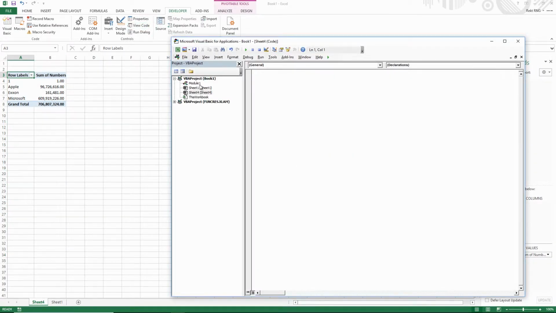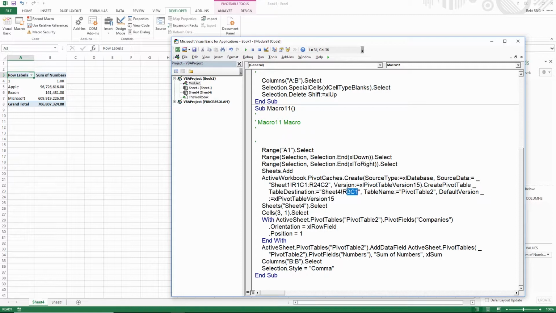So go to View Code, row 3, column 1. This is in R1C1 formatting. You can watch my R1C1 formatting formulas video if you're unsure of that format in Excel. So it goes to Sheet 4, and then it selects within the pivot table, and then with the active pivot table and PivotTable2, which is named up here,